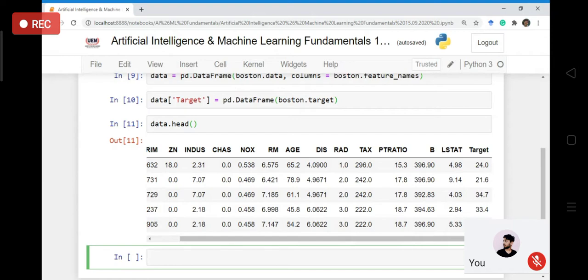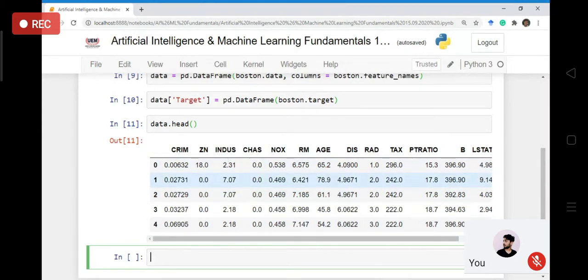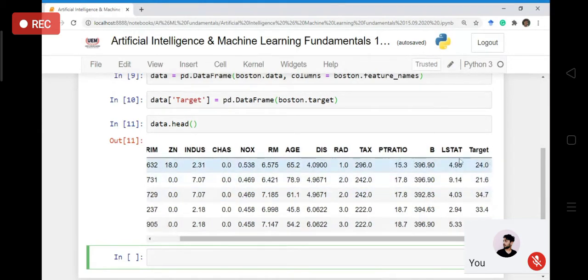That is not known to me. So what I'm trying to say is that maybe there are a couple of variables which are not playing any role in prediction of this target value. So how can you pick up the variables which are essential in predicting this target value?